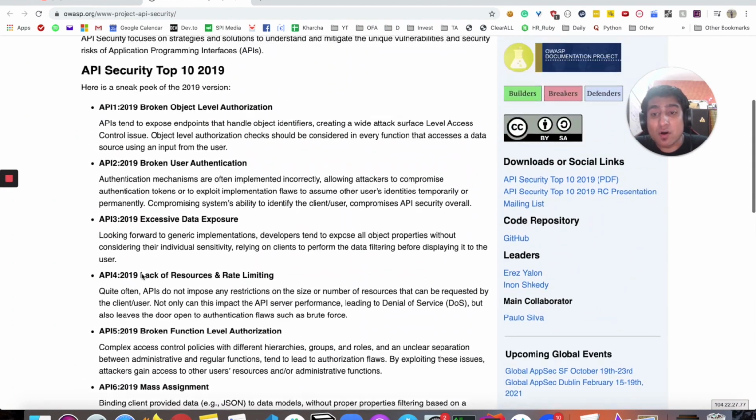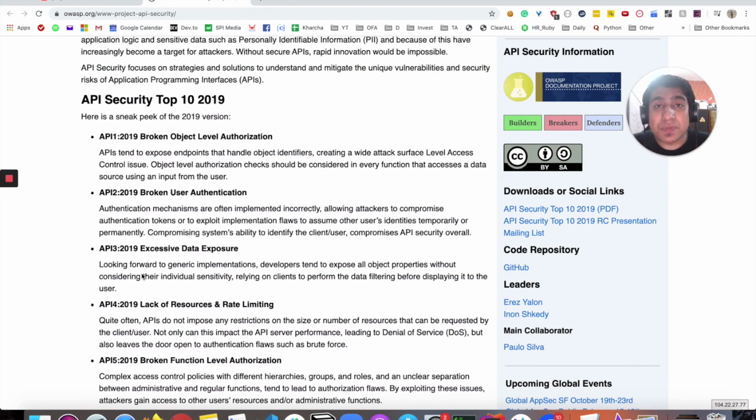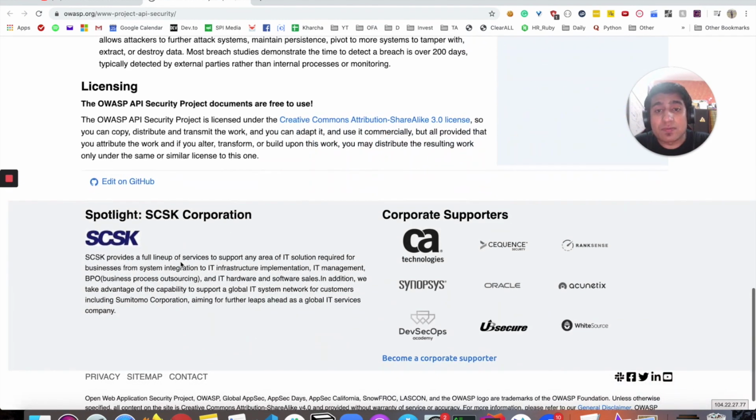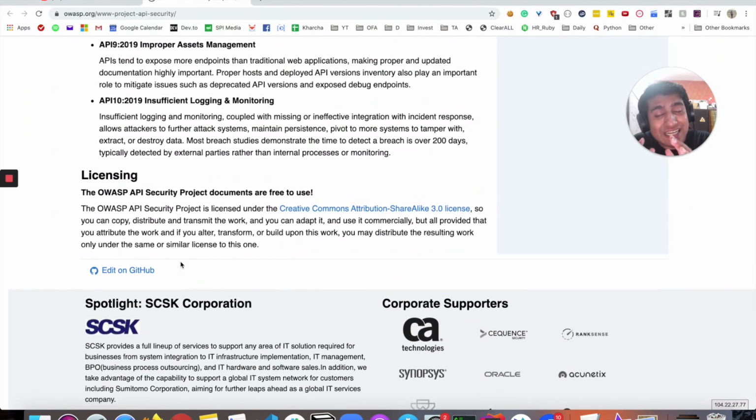So these are the top 10 API security risks, especially for the security people who are working in an organization, or even as a software tester, we should know about them, because there may be a time when we have to do an API security checklist, API security testing, I mean to say that. So you can keep in mind these are the top 10 secure API testing test cases that you need to check, right? So you can check for broken object level authorization, broken user authentication, excessive data exposure, injections, and all, right? So I would recommend you to read this full article, where they have discussed everything about it.